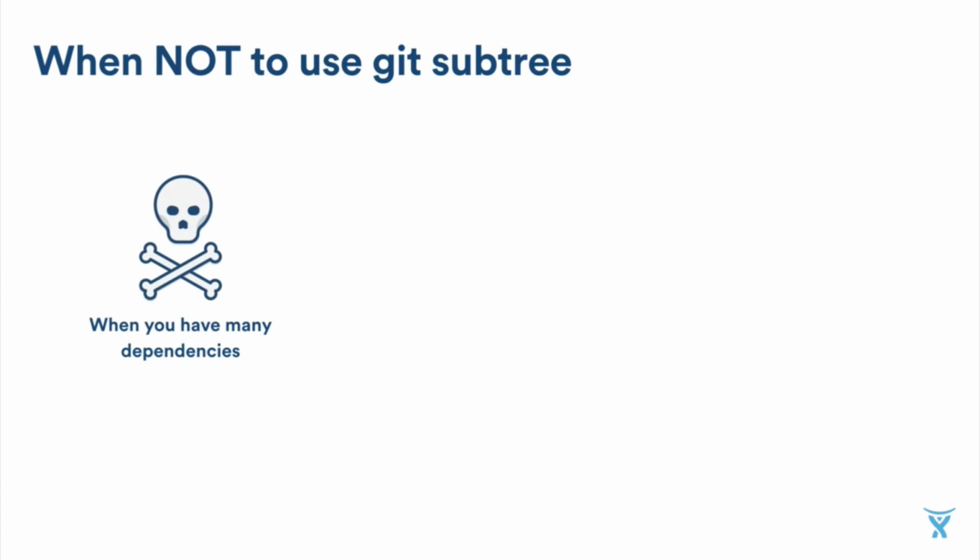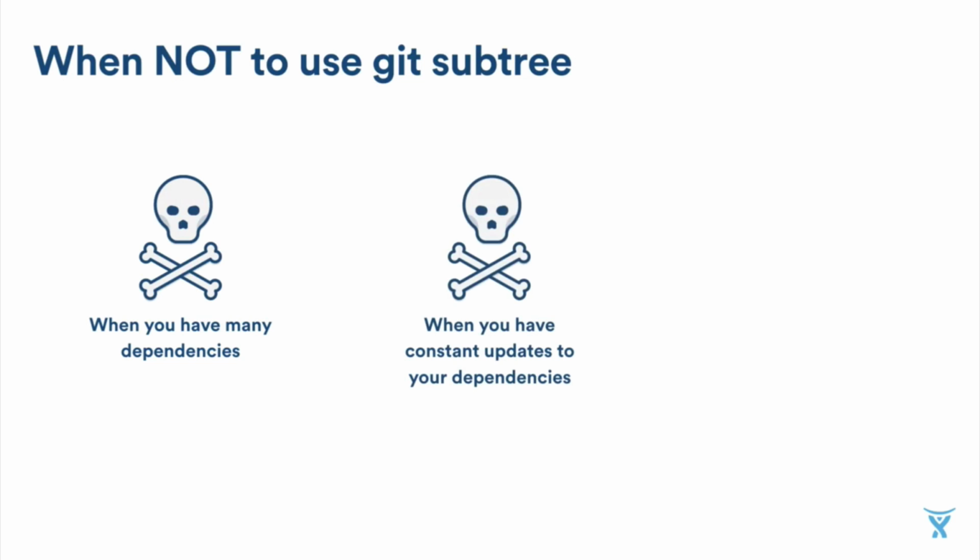If you have a project with a lot of dependencies and you're constantly updating them, and it's in the dozens, Git subtree probably is not for you, because you're going to be spending a lot of time updating them manually, which is not optimal. At the same time, even if you have a few dependencies, but you have to constantly pull the new versions up, that also might not make this process really